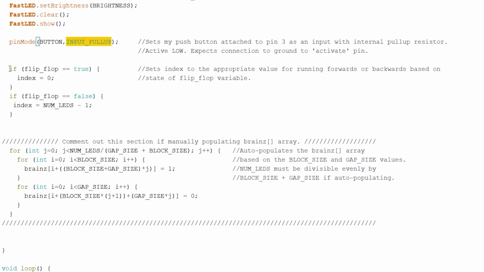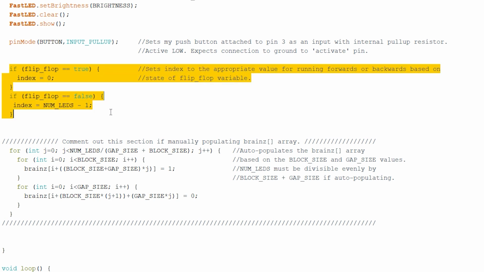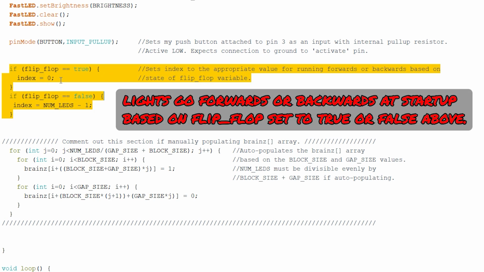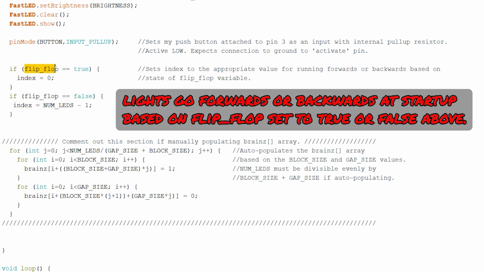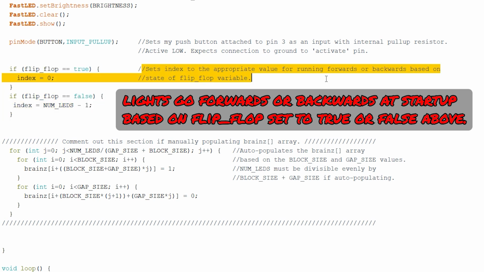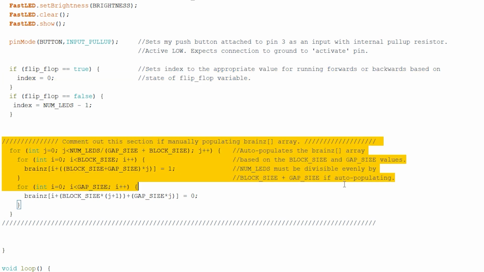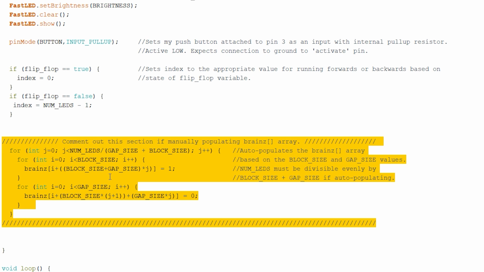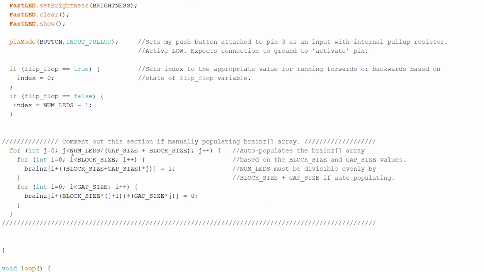This next part is just setting index to its proper startup state based on how you set flip-flop up at the top. Remember, flip-flop is now being used to determine whether we're running the lights forwards or backwards down the strip. And this section is what you need to comment out if you want to manually define the brains array. It's what auto-populates the brains array.